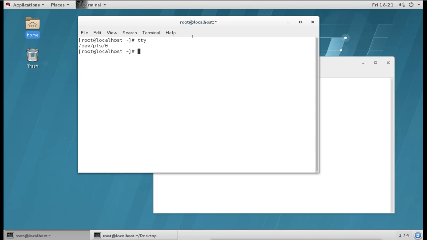So in this lecture we will learn what commands are required to do the administrative tasks. This is RHEL, Red Hat Enterprise Linux. It is a server operating system, used for servers. So we will see how we can manage this system and how we can use it to configure different servers to provide services. Related to that, we will see all the commands required to manage and administrate this server.